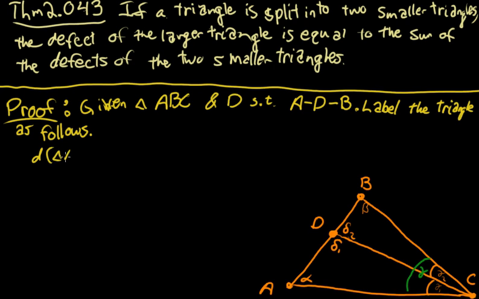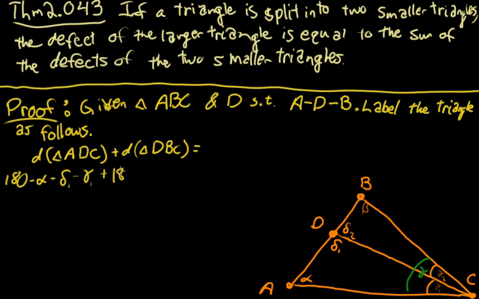Defect of triangle ADC, which is our bottom smaller triangle, plus the defect of triangle DBC, is going to equal 180 minus the defect of this one, which would be minus alpha minus delta sub 1 minus gamma sub 1, plus 180 minus delta sub 2 minus beta minus gamma sub 2,